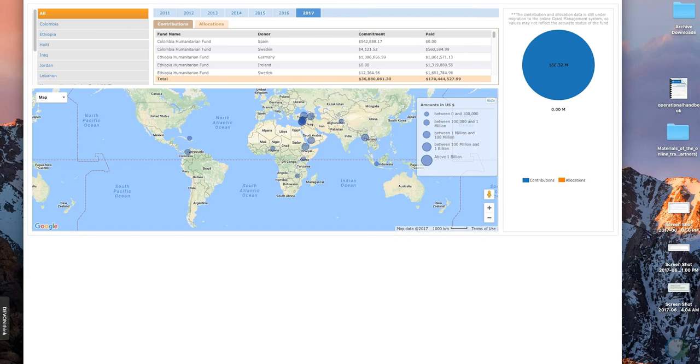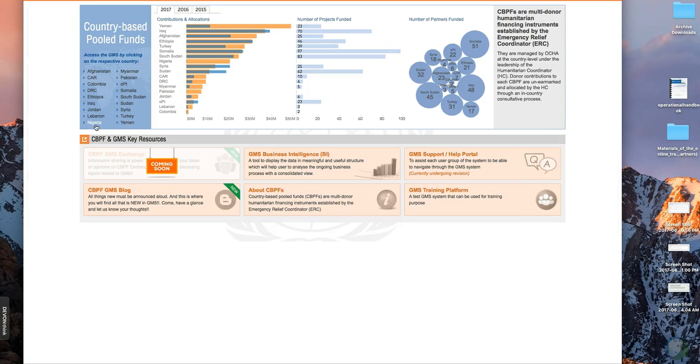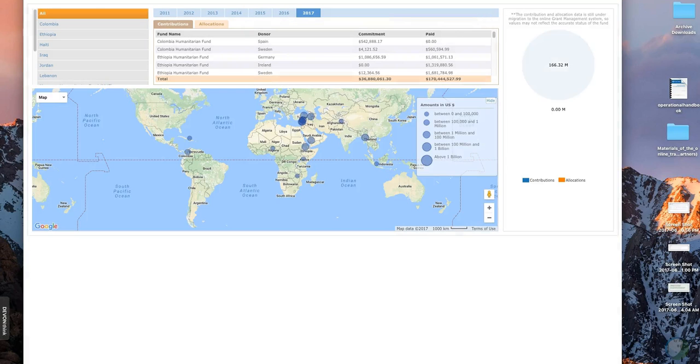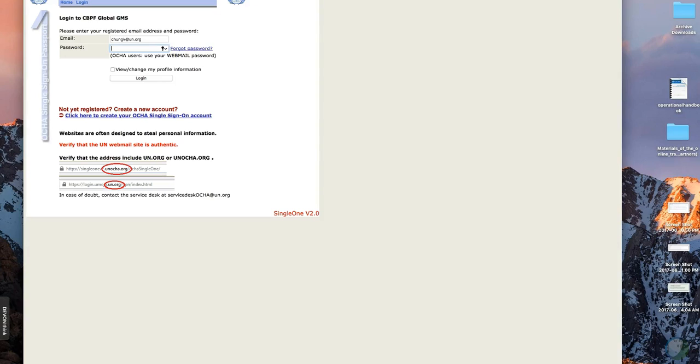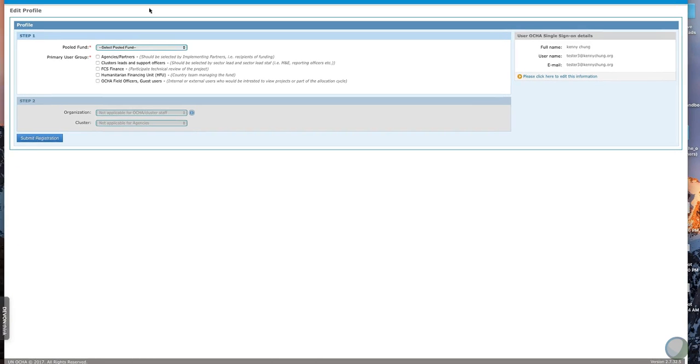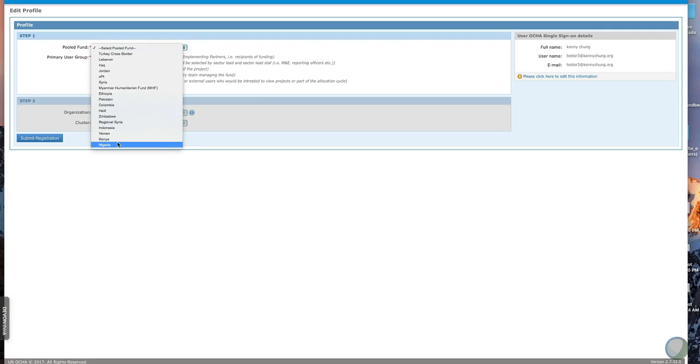Okay. So once you create an account, you go back to this Nigeria landing page. Click on Nigeria from gms.unocha.org. Click on login. Type the email and the password that you have created. Click on login. And once you successfully log into the GMS for the first time, it's going to direct you to this user request page. From here, you choose pool fund, Nigeria,